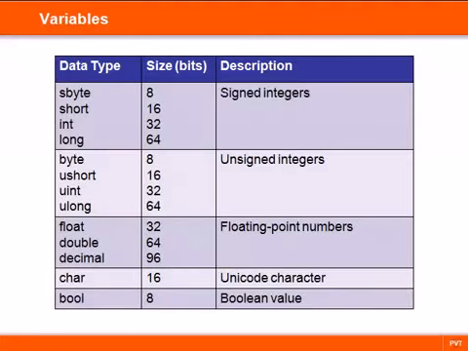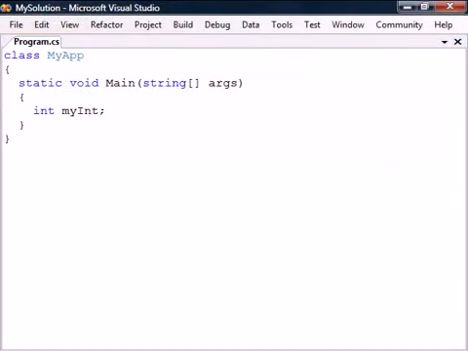Variables are used for storing data during program execution. Depending on what data we need to store, there are several different kinds of data types. The simple types in C# consist of 4 signed integer types and 4 unsigned, 3 floating point numbers, as well as char and bool. To create a variable, we start with the data type we want it to hold, followed